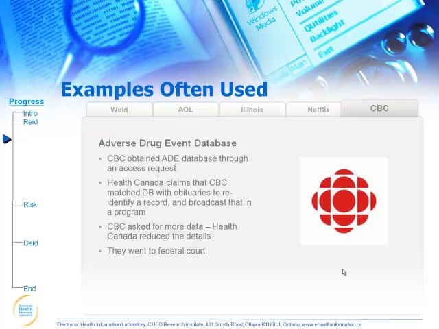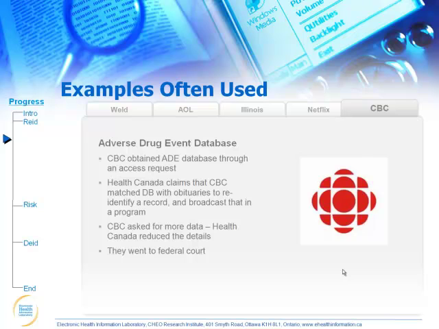And using the information in the database, and matching it with the public obituaries, they narrowed it down to 4 families. They contacted the 4 families until they found the correct one, and then they did a story on this acne drug, arguing that it's causing all these serious adverse events. Eventually Health Canada pulled the drug off the market when they did their own analysis, and when the CBC went back for more data, Health Canada said no.